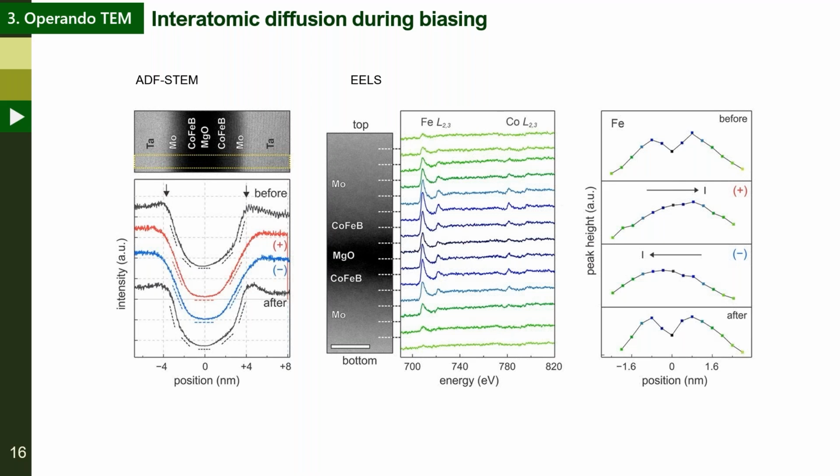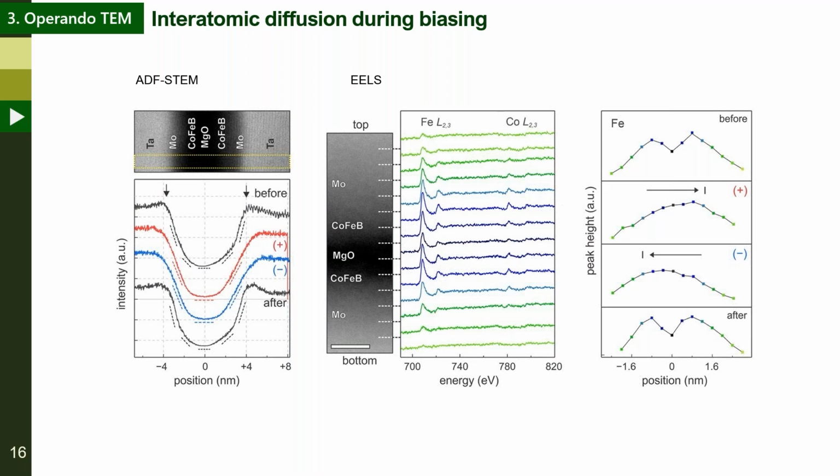During biasing, these merge into a broad asymmetric peak. And this asymmetric peak shape changes with the biasing direction. This clearly demonstrates that atomic interdiffusion takes place because of this biasing. And then after we stopped the biasing, we found that the atomic distribution returns back to the original two